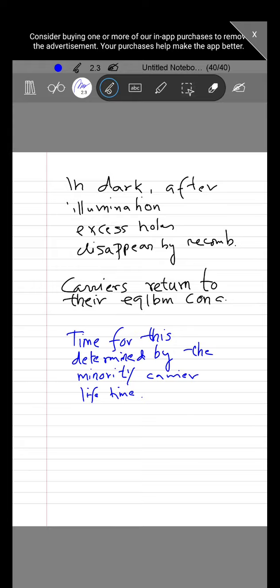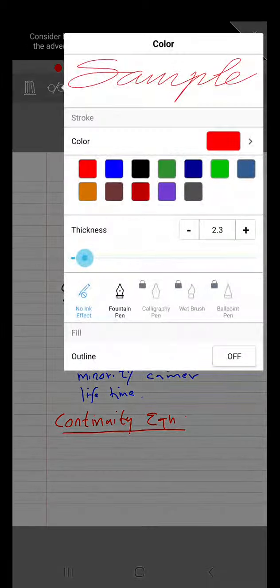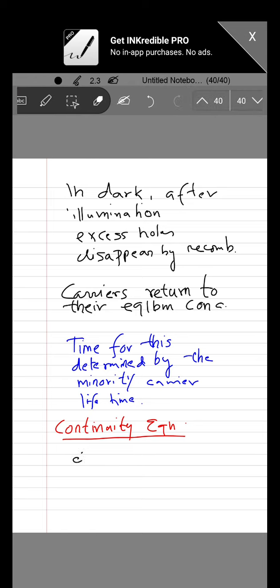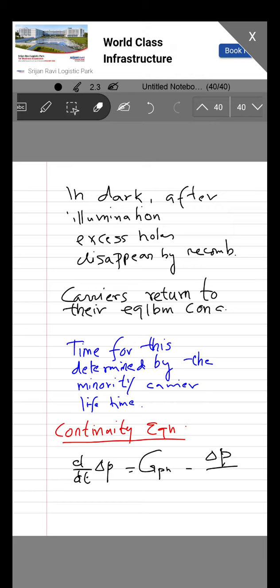And it is given as, so based upon this we do have something called the continuity equation, which is given as the rate of change of delta P is equal to GPH plus minus delta P by tau H,